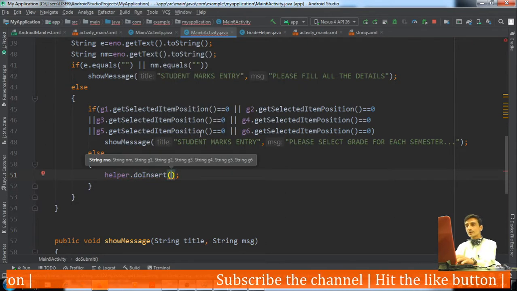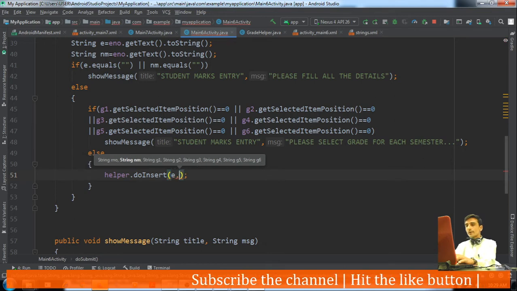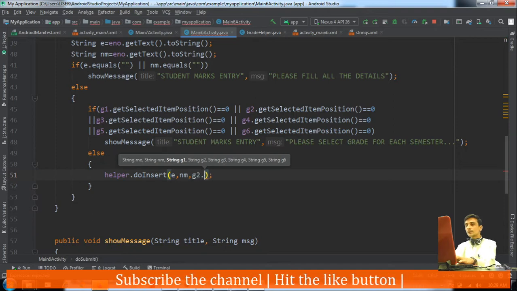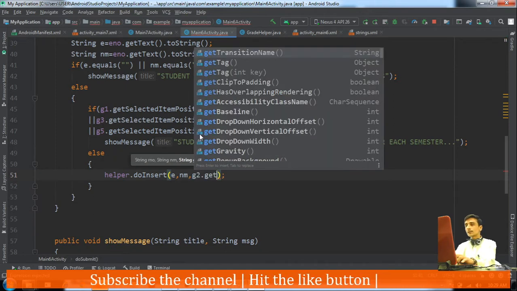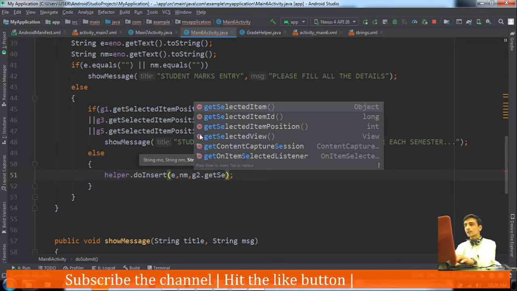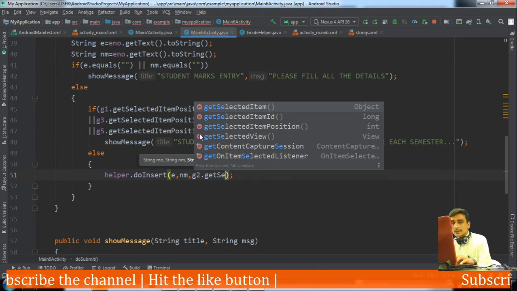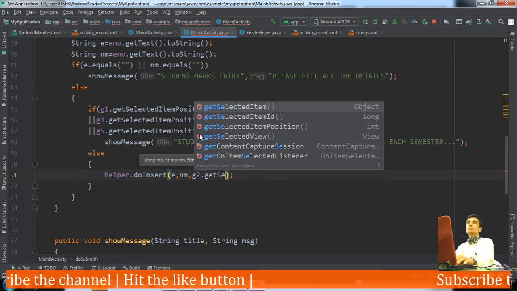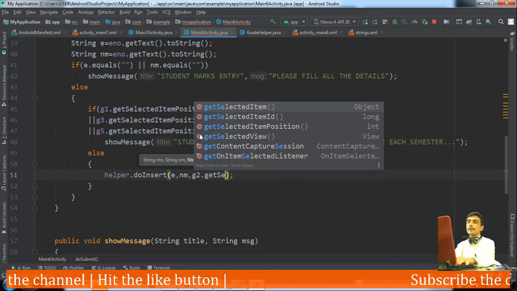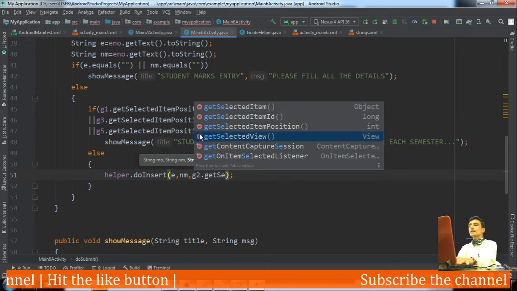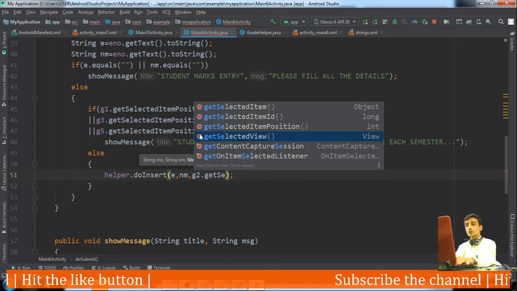First argument is E for enrollment, then NM in which we have stored the name, then G1.getSelected, the text on the text view which is selected, we need to pass that. So we can do one thing here, get selected item ID or position.